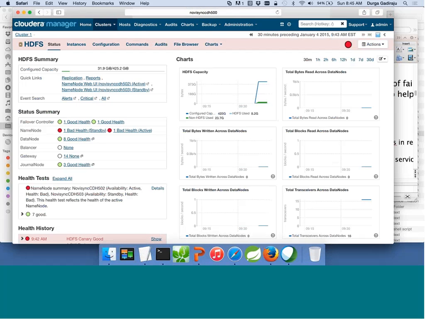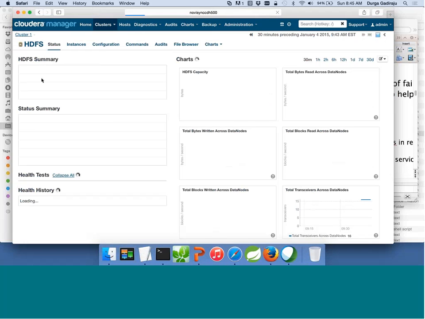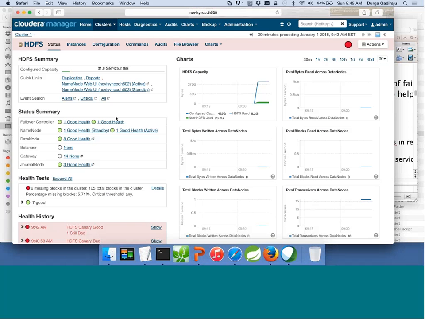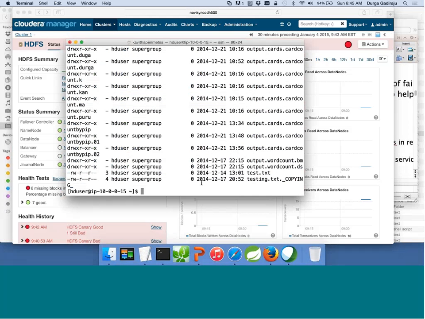Let us wait for a few minutes. I think it will come out of it. Yeah, now it is in good health. Now let us validate whether it is working or not. So you can run